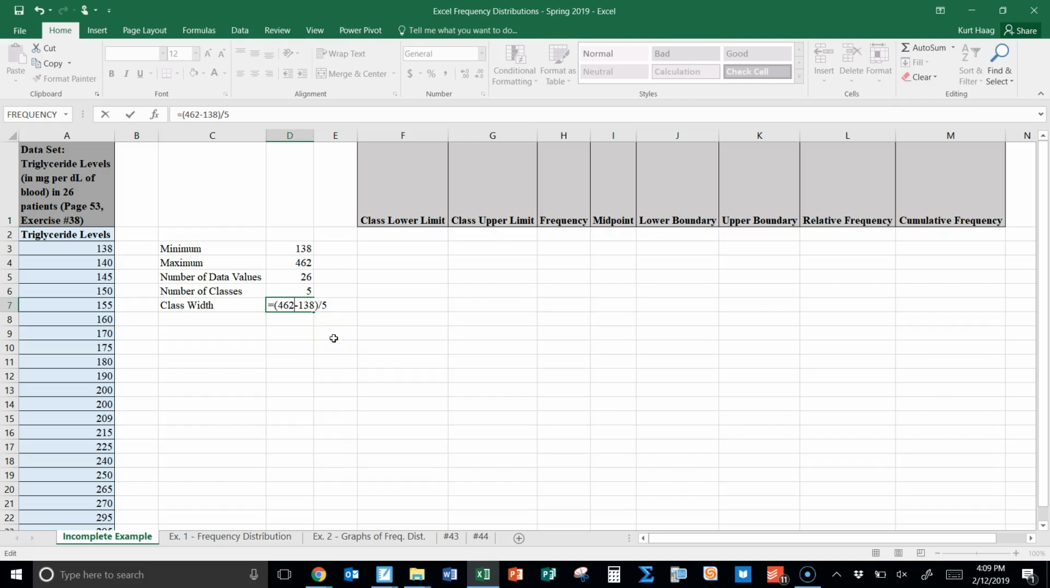Now, alternatively, instead of typing in 462, you can see that 462 actually comes from column D, row 4, so you could type in D4, and you can see that it's going to pull in 462. And then 138 comes from cell D3, pull from that red cell. So we're taking 462 minus 138, and then we're dividing that by 5. We can hit enter, and this will calculate our class width to be